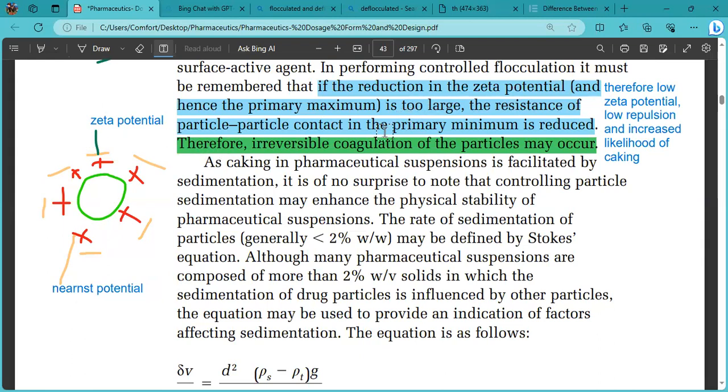So if there's low zeta potential, meaning the strength of the negative charge is low, if they're not that strong, they will not strongly repel each other, as opposed to a strong negative charge, where they would be pushing each other away. So if the zeta potential is low, there's low likelihood of these particles repelling each other. Since they don't easily repel or push each other away,